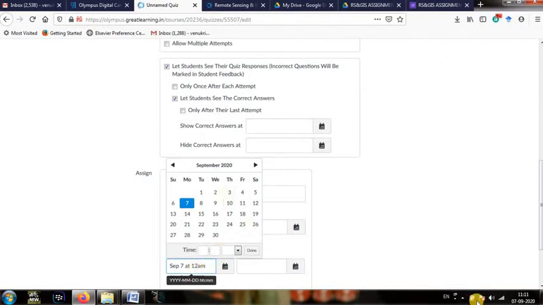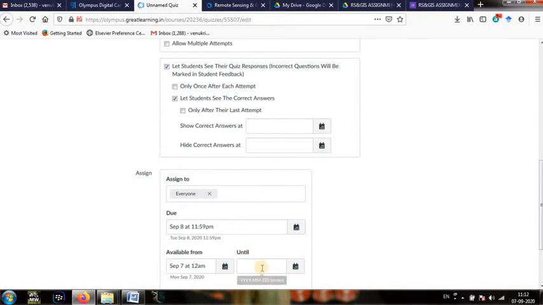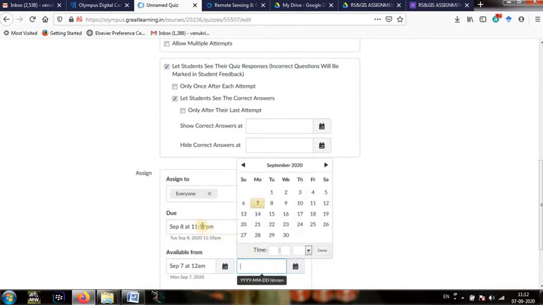So that if you want to give evening, or evening 6 p.m, if you want to allow the students after particular time, you need to select that particular time. Okay, so you need to give that particular time here, am or pm, whatever the choice in your mind. Okay, so September 7th at 12 am I am okay with time, and this time may be similar to this due time, 8th 11:59 pm. These both time periods may be same. Okay, if you want to close before that time, you need to change here also.